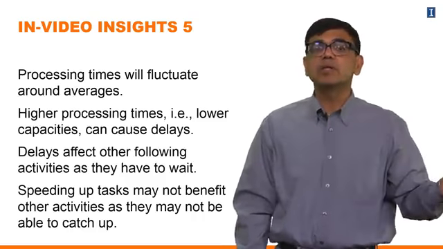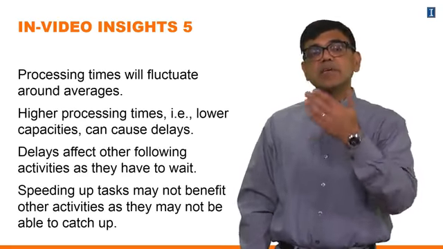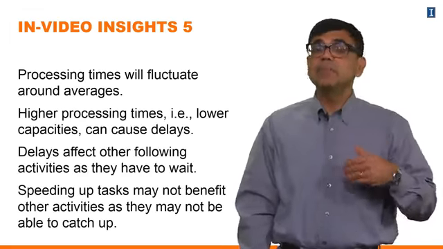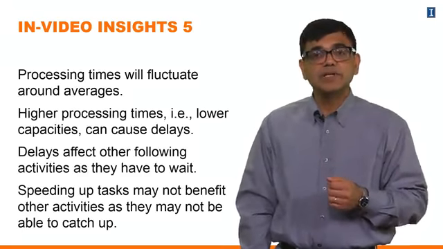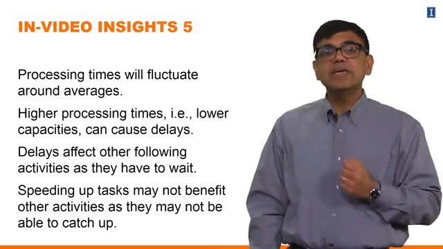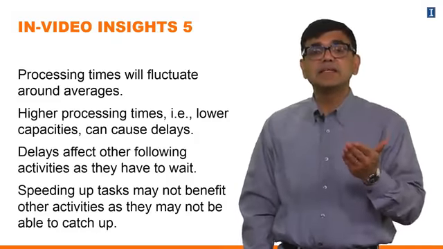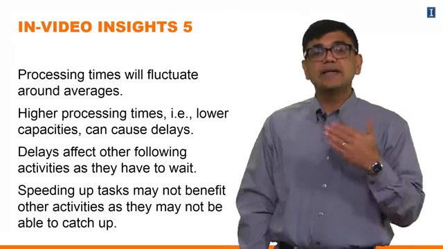So what can happen when there's variability on the higher side from the average is that the delays will get passed on to the next tasks, the next activities, whereas the speed up or catching up may not get passed on to the subsequent activities. So you'll have a backlog. What does that mean in terms of capacity? The available capacity will get reduced,